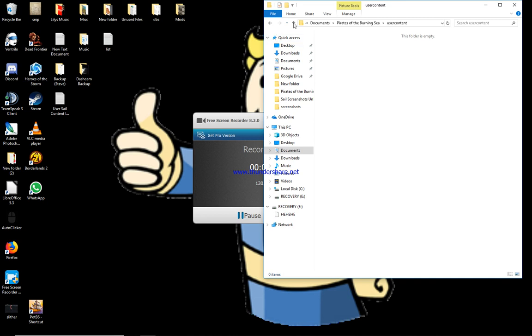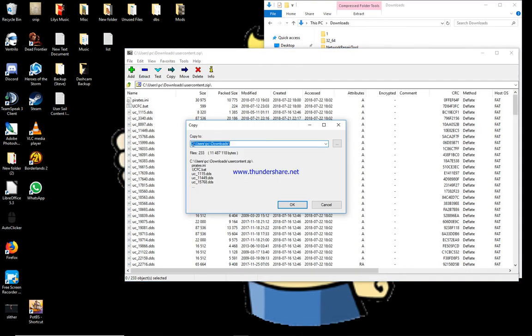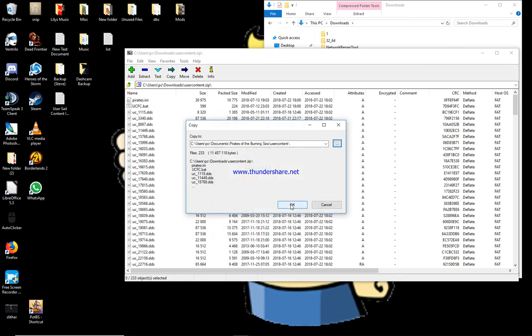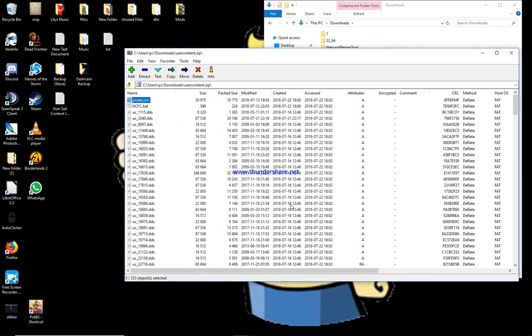As we can see, there is nothing at all in this folder at this point in time. So we'll switch back to our downloads, go into our user content, and we are going to just extract it. It's going to ask us where would we like it to be extracted to. We're going to select precisely where we want it, which was Documents, Pirates of the Burning Sea, and there we have our newly created user content folder. We'll extract it there, click OK. We're extracting it all. And we're going to close this down for just a second,